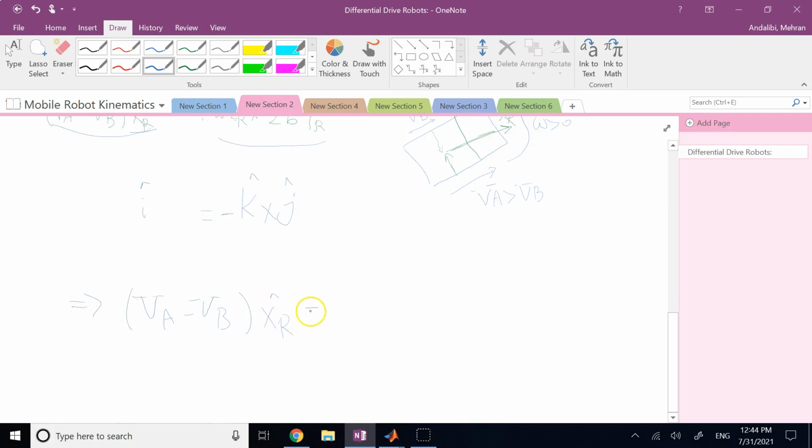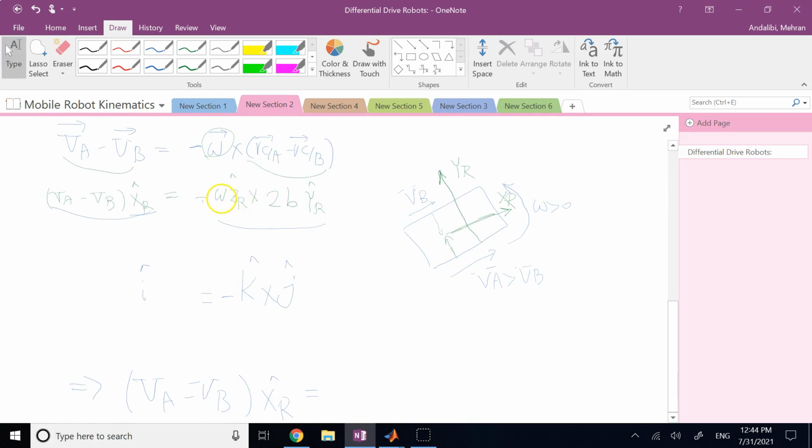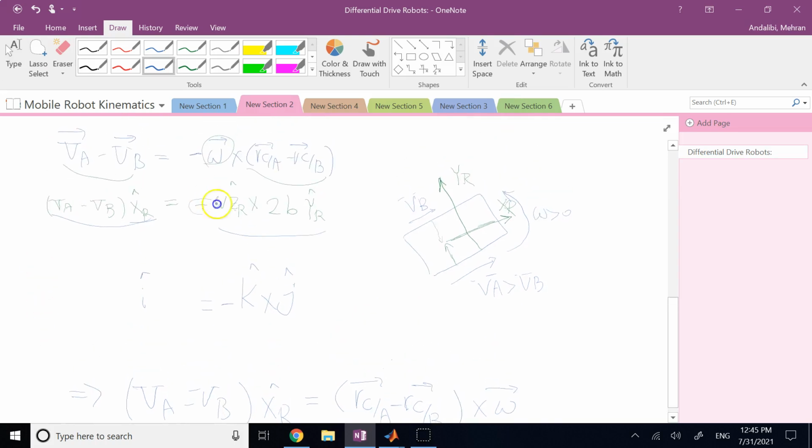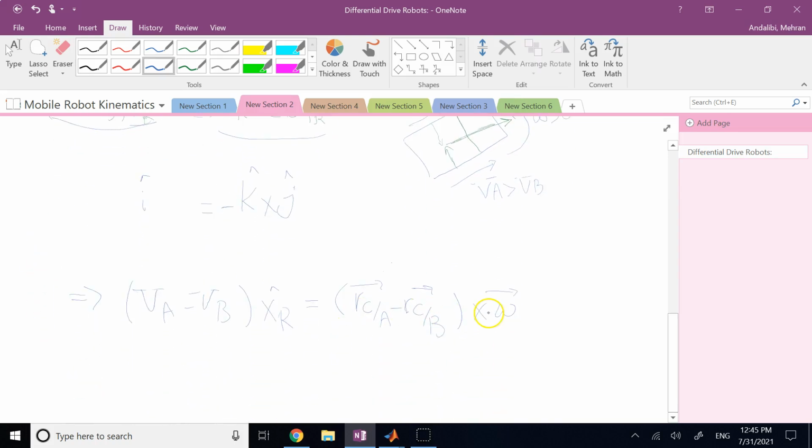What we can write is the J vector cross that, so it is going to be R of CA minus R of CB cross omega. This way, this is J, this is K, J cross K is I. Okay, so to get rid of that extra negative that we have here, we can write it this way,